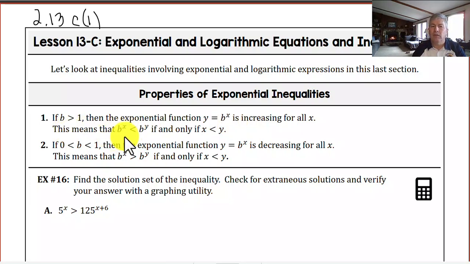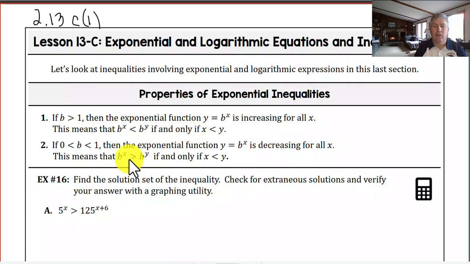But it also means that b raised to the x is less than b raised to the y if and only if x is less than y. Now, in property 2 here, we say if our base is between 0 and 1, so it's a fraction between 0 and 1, then the exponential function is decreasing. And this means that b to the x is greater than b to the y